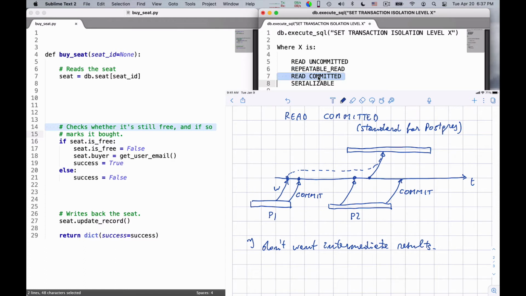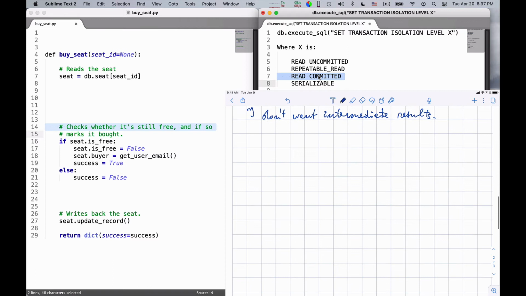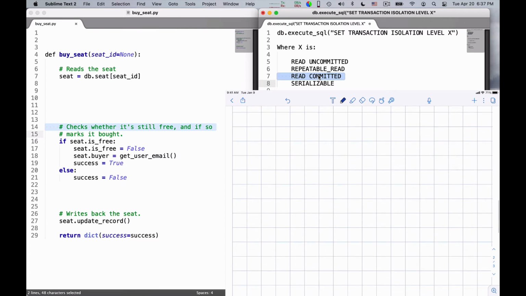Read committed means do not give me intermediate results. I just want the final result. But read committed may read things that are different if you read twice, because, for example, in read committed you could have this phenomenon that you have two short processes that write some data and then commit it.